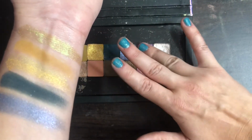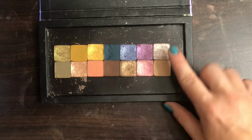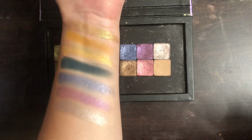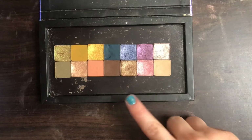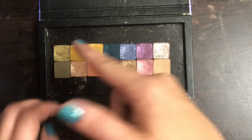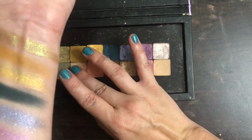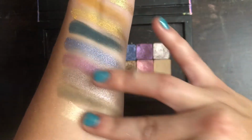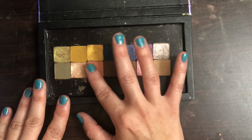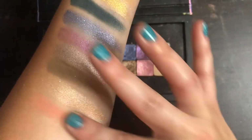Next is the purple shade from the Norvina palette. And then last is the silver shade from the Sultry palette. So this is that top row. Now from the bottom row, we've got this green shade from the Subculture palette. Then we also have this champagne shade from the Norvina palette. Next, we've got this peach, which is, I think, from the Riviera palette, but I honestly don't know because this one is so similar to another one,